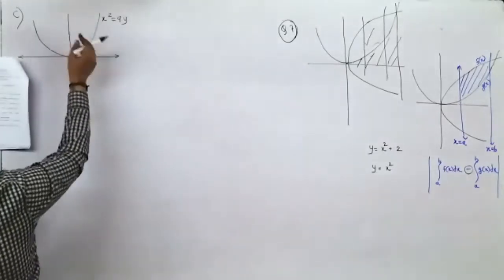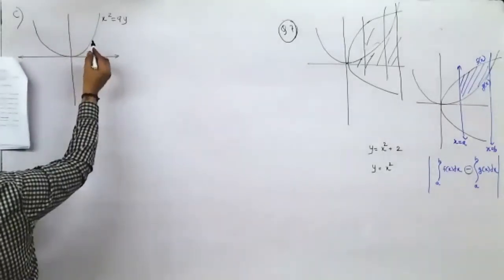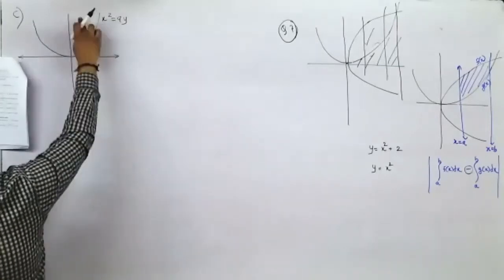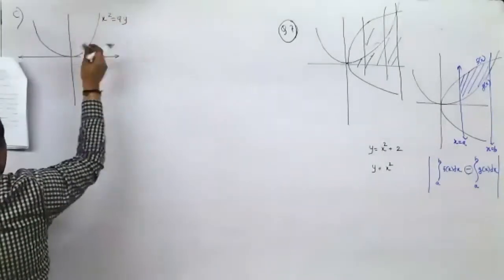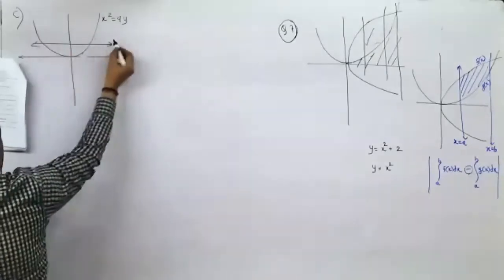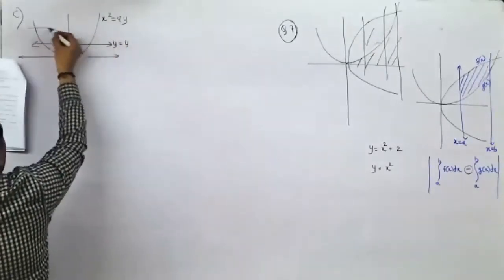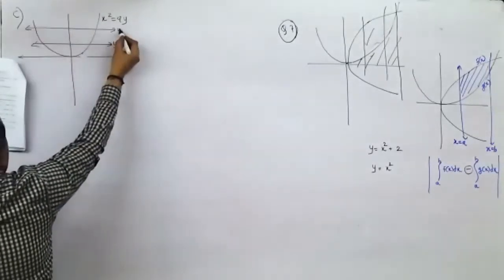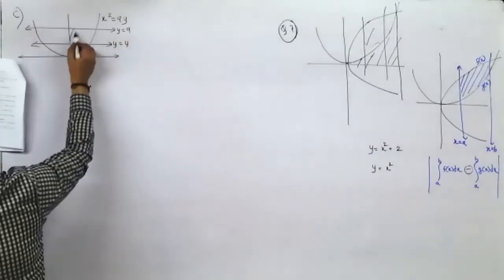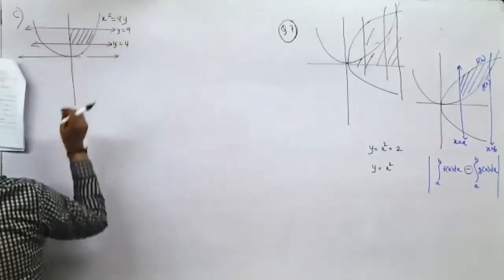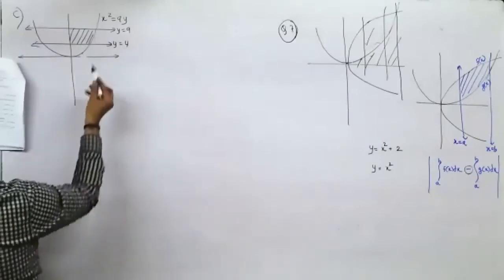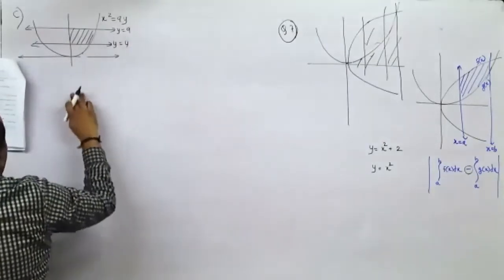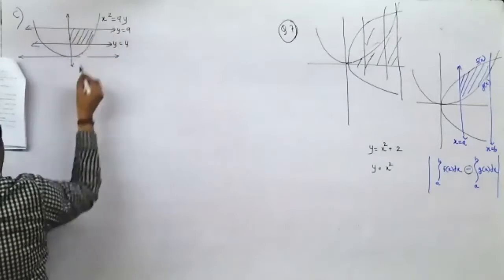Now, the lines y equal to 4 and y equal to 9 in the first quadrant. Y equal to 4 would be this line. Y equal to 9 would also be here, and they want it in the first quadrant itself. So this would be x square equal to 9y. So therefore, area